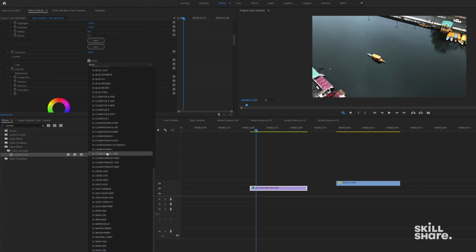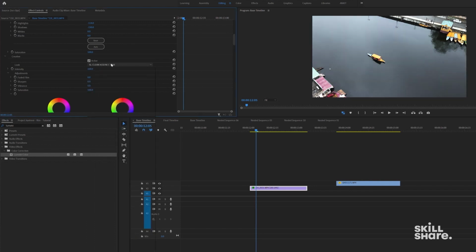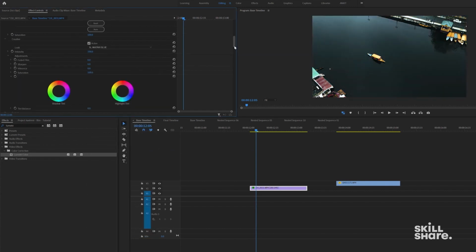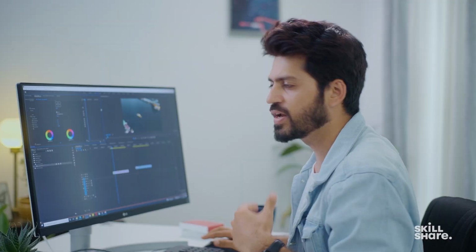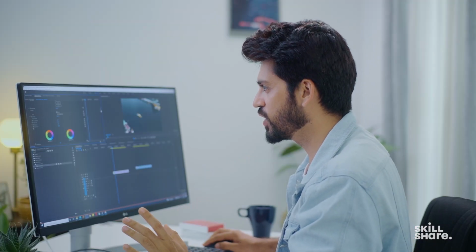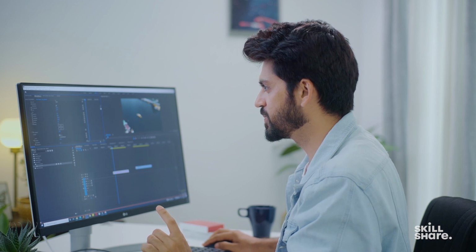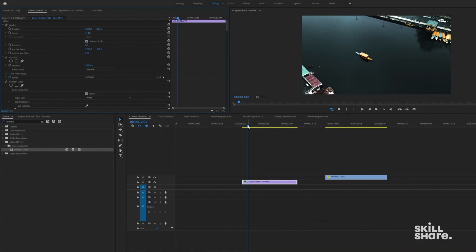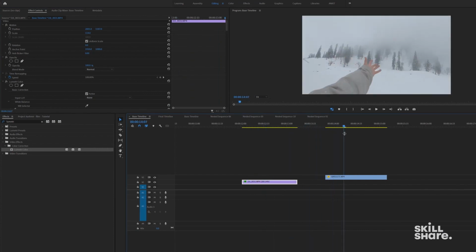Let's say this LUT I applied. Can change. See? So you can apply a lot of different LUTs, and that will give you an immediate new look, but that depends on you, how you want to play. Now let's move on to the second clip. We'll show you another example of it.